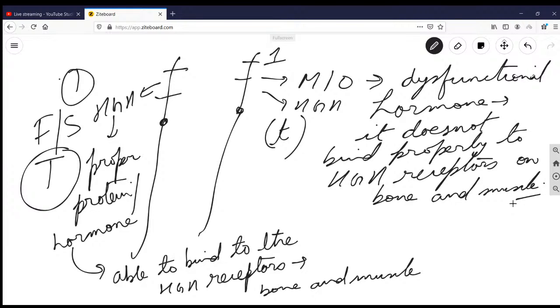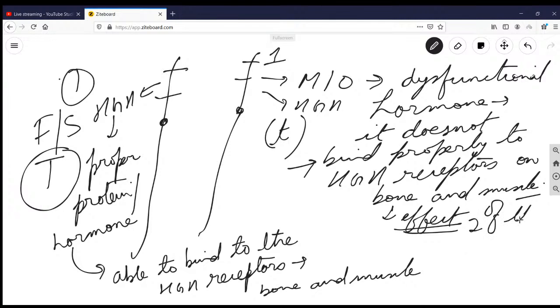Okay, now you have two scenarios. When the DNA is converted to mRNA and the mRNA binds to the RER in the cytoplasm, this protein is produced, but half the time this other protein will also be produced, and this protein will not cause growth. But when this protein is produced from this very gene, it will bind to the receptors and growth will be proper. Now, when growth is proper, will you be able to observe the effect of this allele? No, the effect of this allele